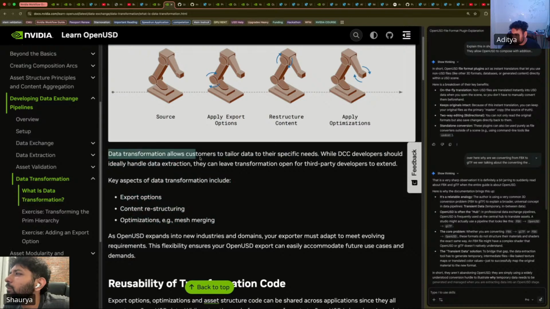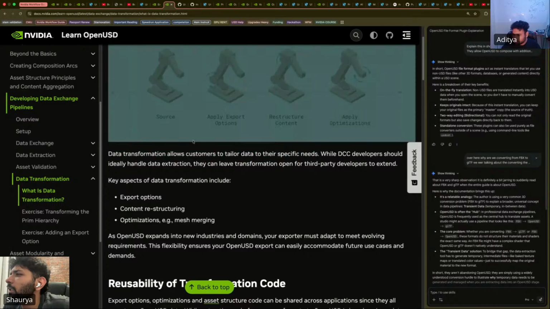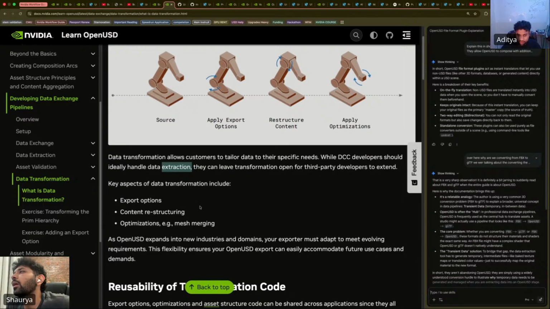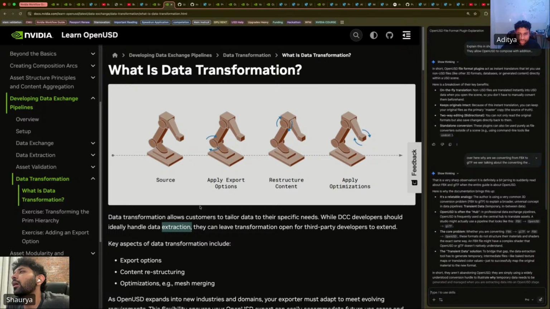So, what does this mean? Specific needs. Data transformation allows customers to tailor data. Okay. While DCC developers should ideally handle the data extraction, they can leave transformation. What is the difference between extraction and transformation exactly? So one is the place where we are going to extract the data and place it somewhere, like creating a copy, right? And then transformation, we are going to apply